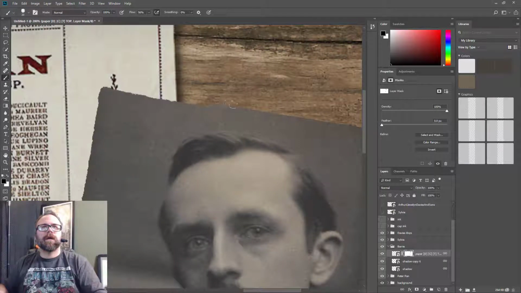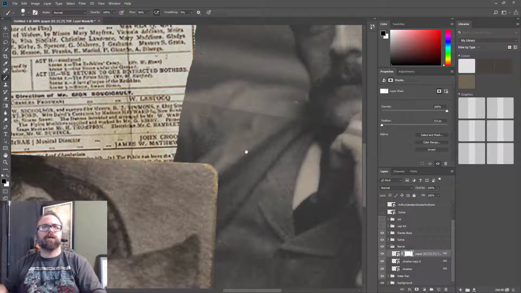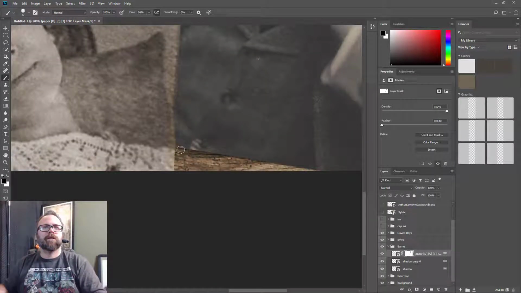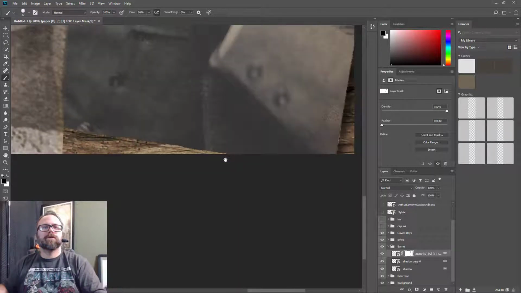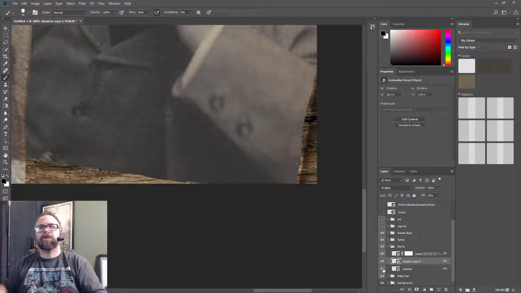And this is hand done, but that's kind of part of it. I just don't want it to be entirely perfect. I just want it to look a little more like time has gotten to some of these photos, and that's okay. So for this, what we're going to need to do, I think, is to actually come in